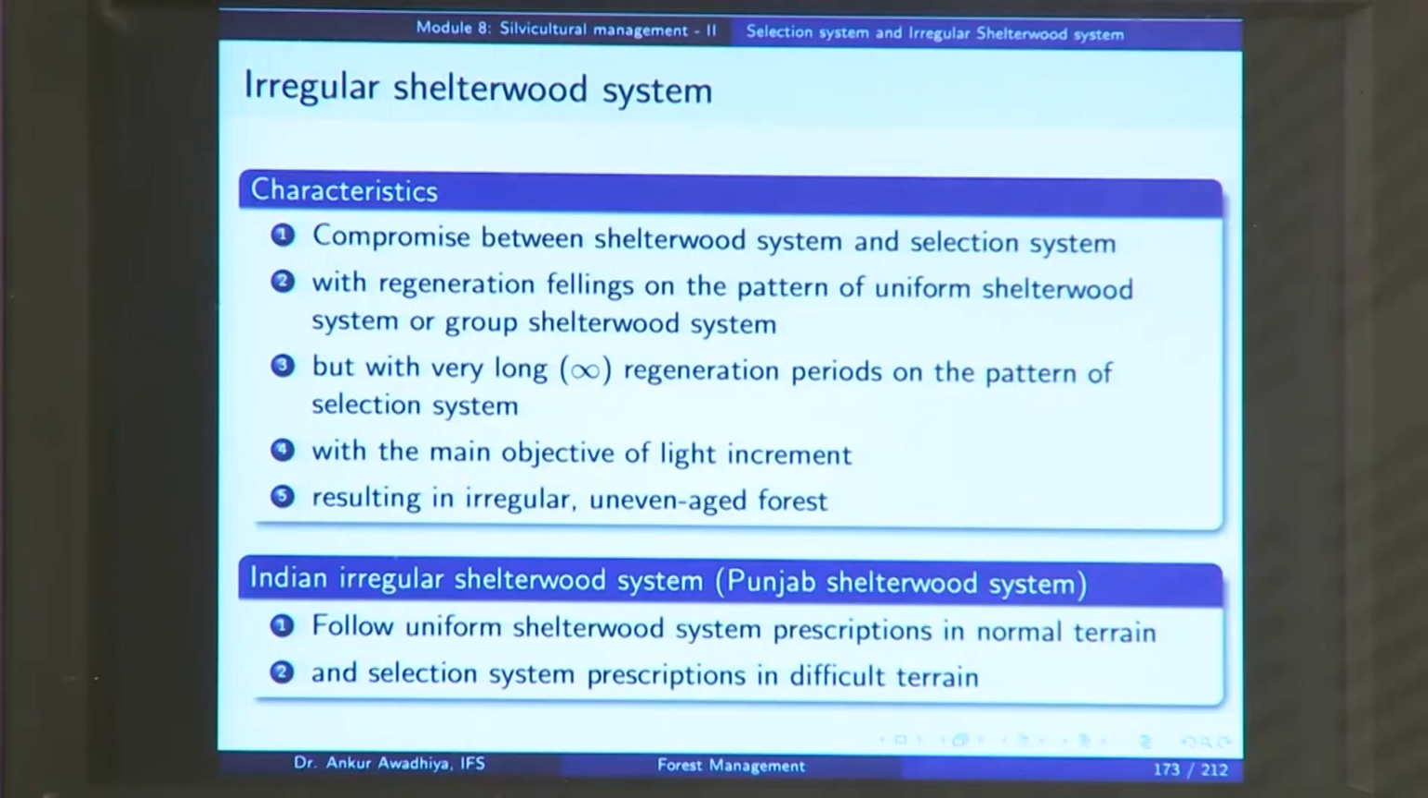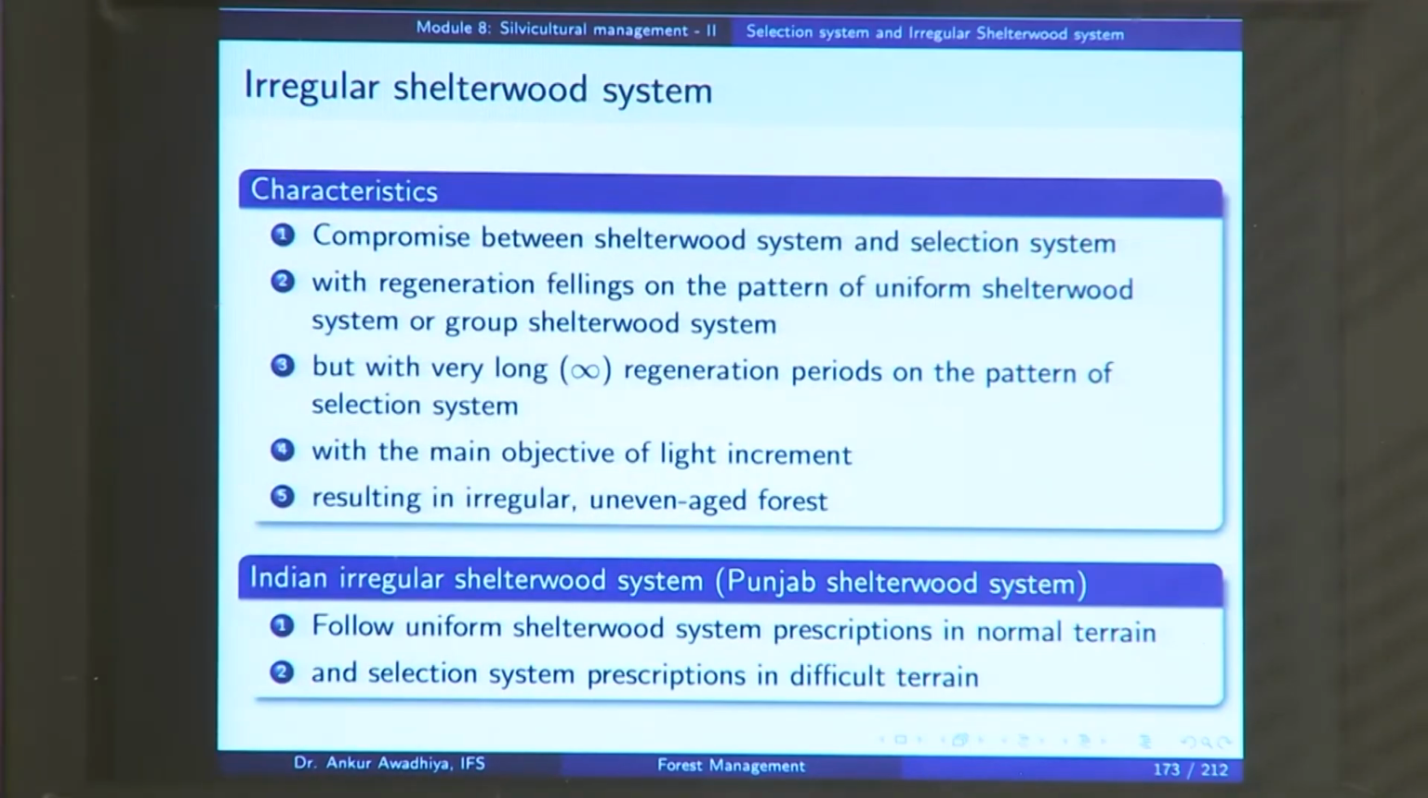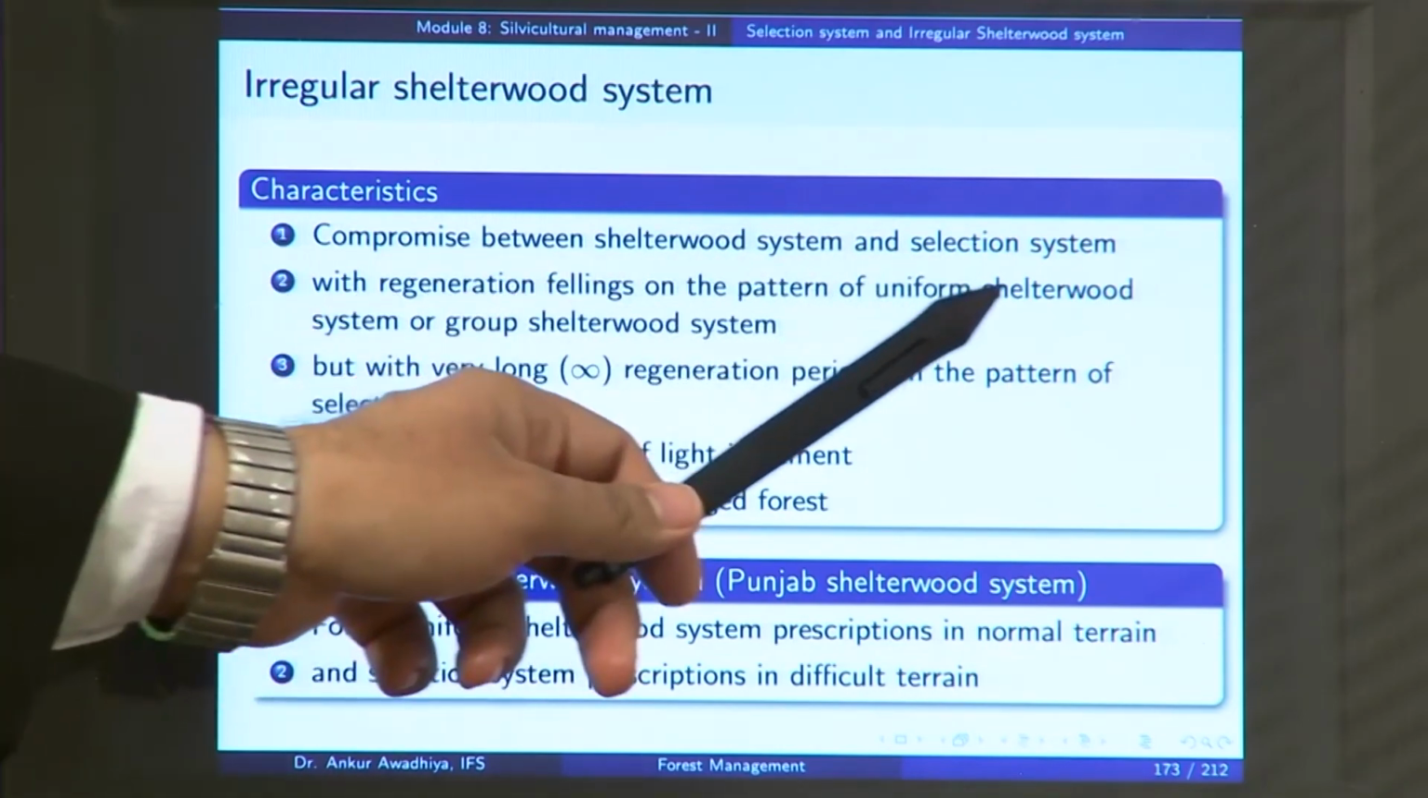First of all, let us have a look at the characteristics of this system. This is a compromise between a Shelterwood system and a selection system. In the case of a selection system, we were having a regular uneven aged stand. In the case of a Shelterwood system, we were having an even aged stand. Now, to create an irregular forest, you make a compromise between the selection system and the Shelterwood system. So, you have characteristics of both these systems together. So, this is a compromise between Shelterwood and selection system with regeneration fellings on the pattern of uniform Shelterwood system